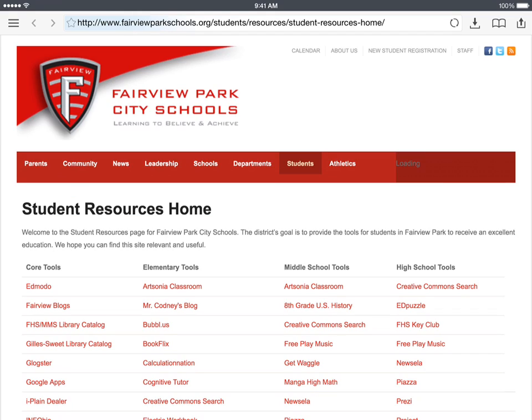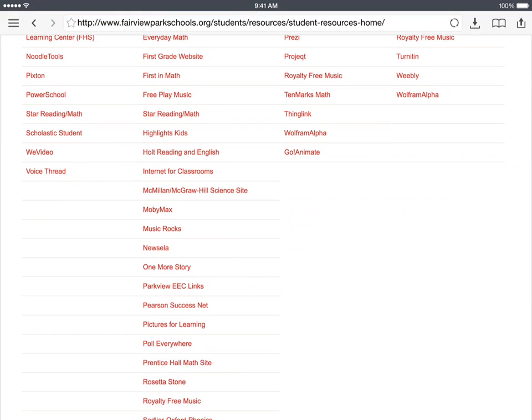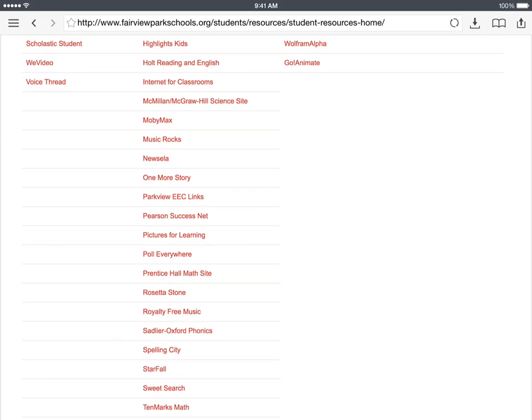When the students page loads, under elementary tools, if you scroll down, we want to go to where it says royalty free music. So it's alphabetical. Right underneath Rosetta Stone and above Sadler Oxford Phonics, you'll see royalty free music. If you select royalty free music,